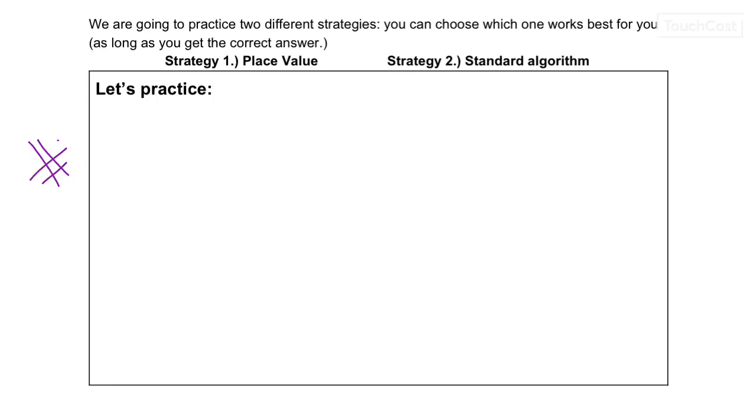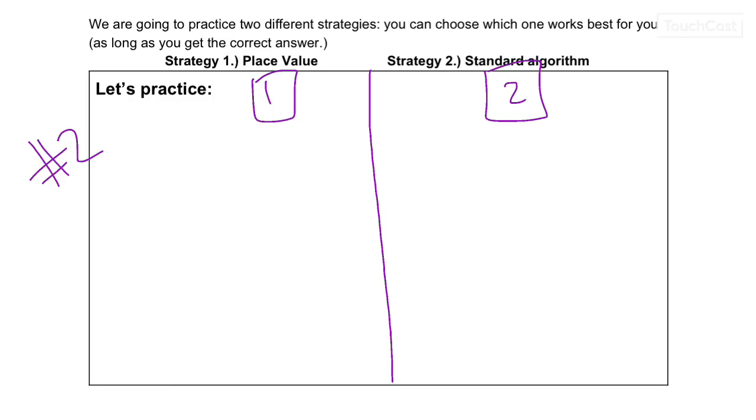So this will be problem number 2. I'm going to split my screen again. This will be the place value way, and this will be the standard algorithm. All right, we're still doing numbers just to the tens. So I'm going to do the number 18 plus 35. I'm going to write it both directions. Now I am writing this number